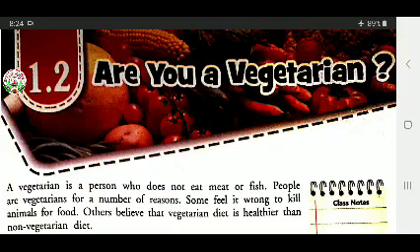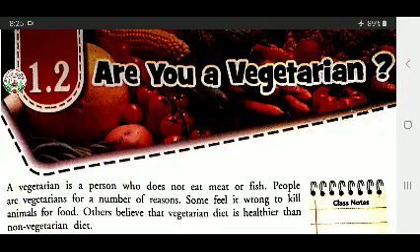Second, non-vegetarian. It is an Indian English word that is used to refer to meaty food and also to a person who is a meat eater, not a vegetarian. That is, someone who consumes meat, especially as a major source of protein. Examples of non-vegetarian: meat, fish, fowl, etc. Fowl, a bird, especially a chicken. We will pay more attention to the first point as it is related to the name of your chapter. Are you a vegetarian? We will start with reading